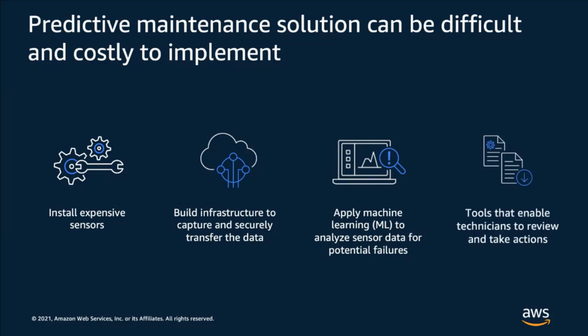Finally, it's not just that you have to detect these issues, but you have to inform your end users of these issues. End users in this case being technicians and reliability managers that are going to maintain these machines. You'll have to equip these technicians with capabilities to track these issues, to look at historical data, and to take